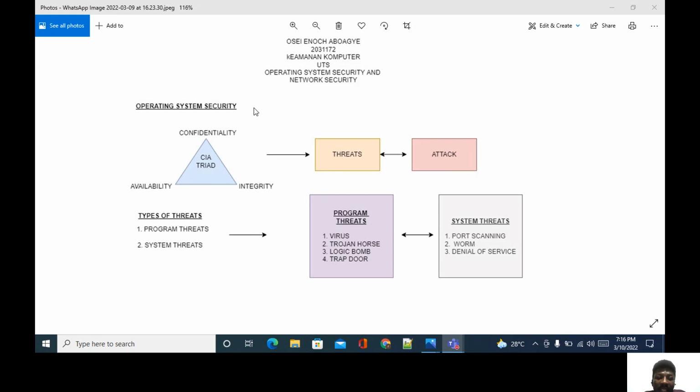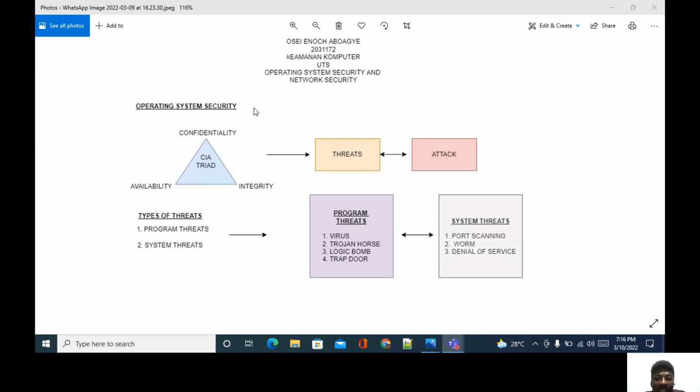And integrity talks about the mechanisms concerning file modification, who can change files or who can modify files. That's what integrity is talking about. And files should not be given to people to modify if they don't have the permission to do so. Again, availability